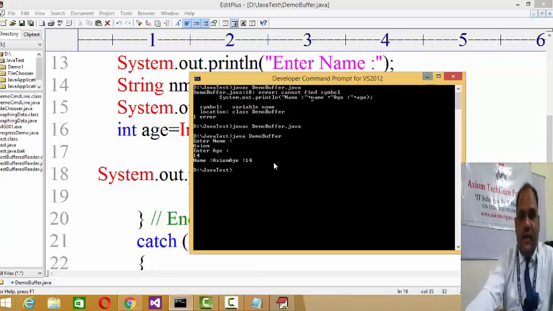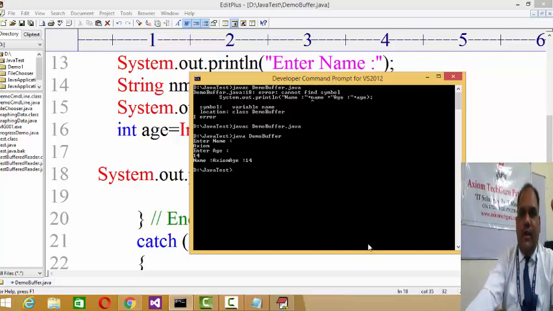But this, in the last session, we already tested this code using the scanner. Today's agenda is to find out a different mechanism of data input technique, that is the buffer reader. As I already explained, buffer reader has an advantage over scanner, because scanner inputs the data and directly assigns it to the variables, and if synchronization speed or memory availability is not there for allocating variables, then data may get lost. The chances of data loss will be higher in case of scanner.